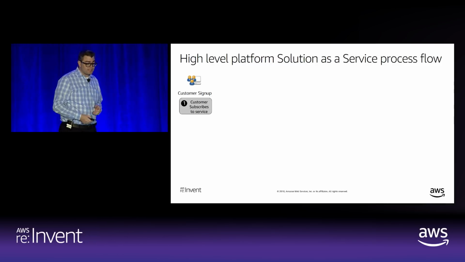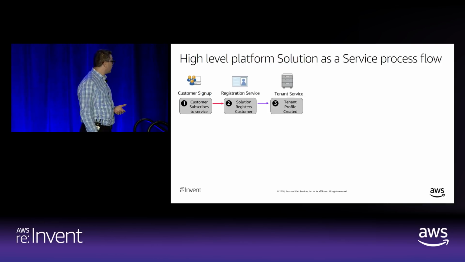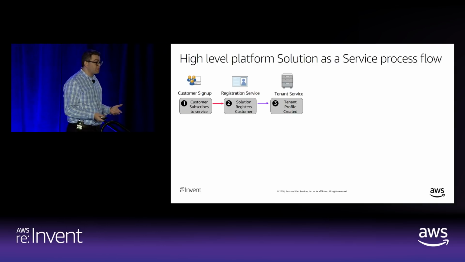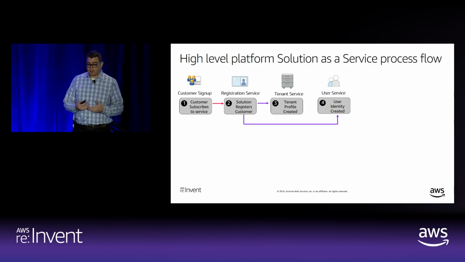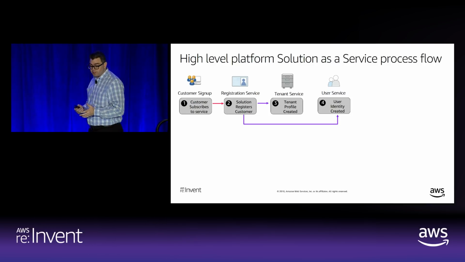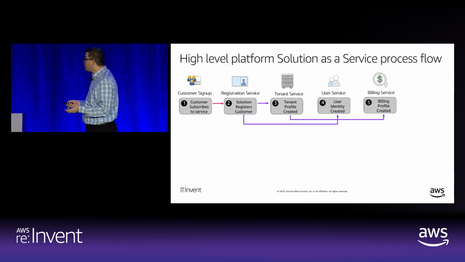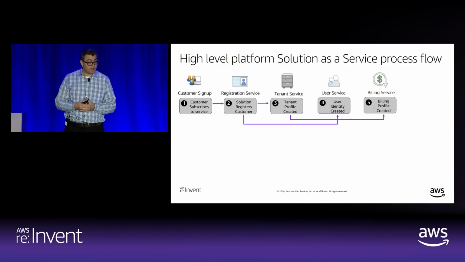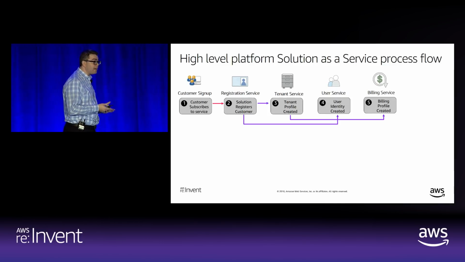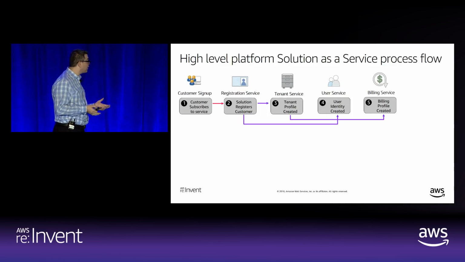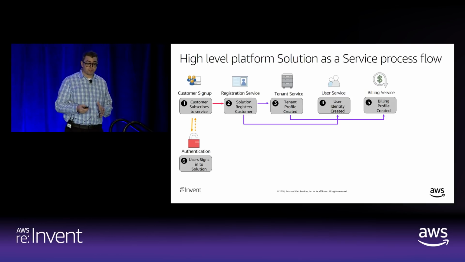So a customer would generally sign up to your solution, and you would be responsible for registering that customer, maybe provisioning the corresponding customer or tenant profile. From there, you would register the initial user that's used to authenticate into that service. You may configure their billing profile. There are a number of billing solutions out there that partner with AWS, and there are many of those that we deliver ourselves, right? We deliver the AWS Marketplace that has the various ways to deliver a SaaS solution through a contract and through a subscription.